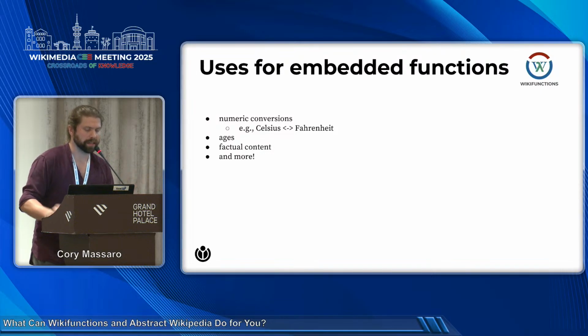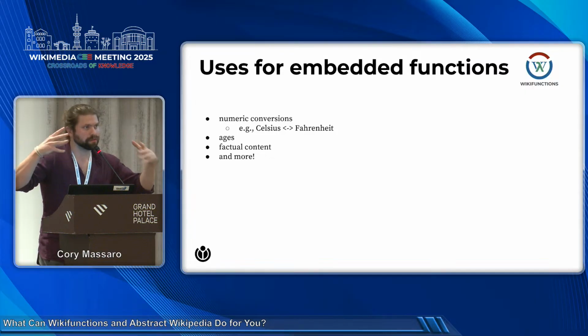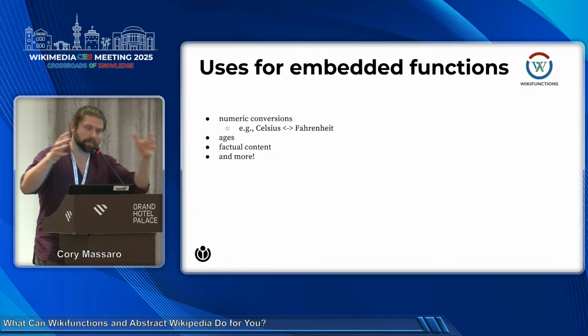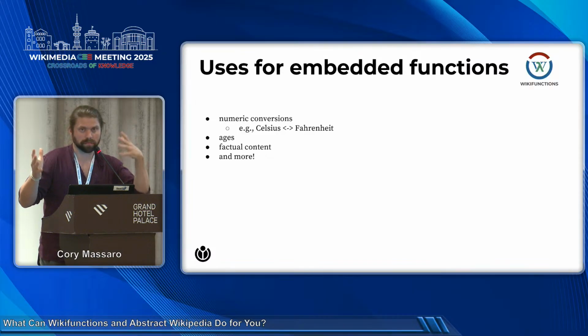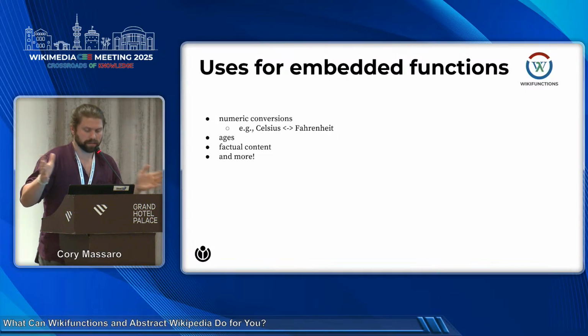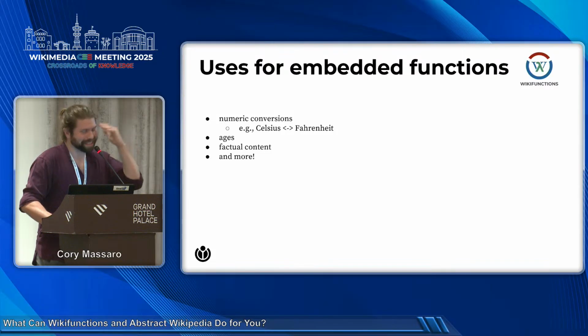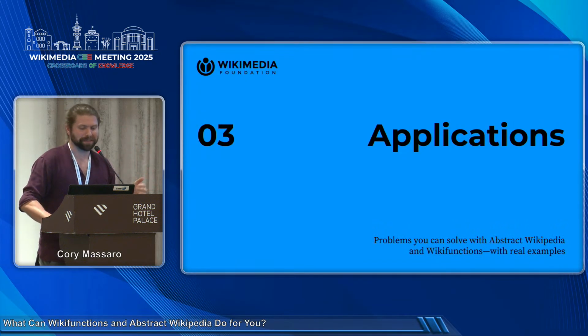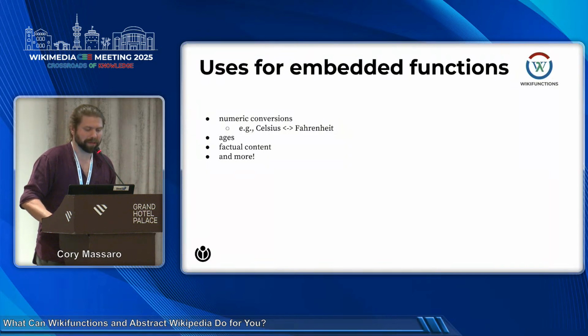You can see that if you can take dates, you can take numbers, you can do interesting stuff. Let's say you wanted a Wikipedia page to have a temperature display in Celsius automatically for some people, and Fahrenheit for others. I guess only people in the US, and where else still uses Fahrenheit? But if that's something people wanted, you could just do that automatically, and nobody would have to memorize conversions. Ages are really cool if you want content to update automatically because people have birthdays, so you don't have to go through and, although I understand that it's very fun to be the first one to edit a person's age, you could save yourself some effort by not doing that.